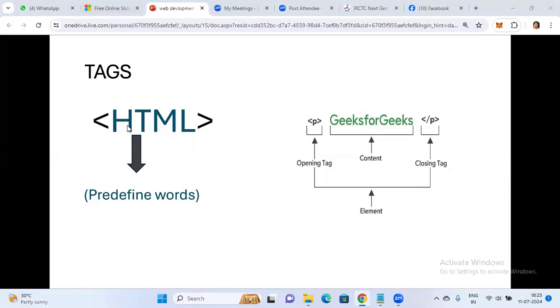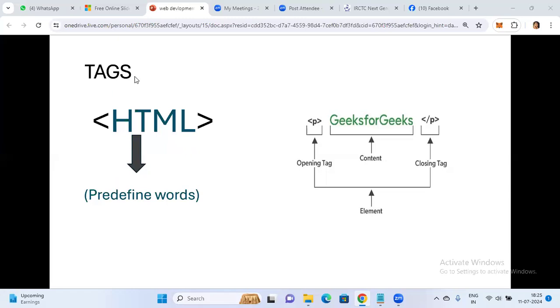So yeah, tags are predefined words. For example, in the C language, you have data types, right? Data types, basically you have integer, float, string. These are keywords, defined keywords. Integer, float, and string are the defined keywords. So here also in HTML, we have some predefined words, and only those predefined words we have to use as tags. If not, we do not use them.